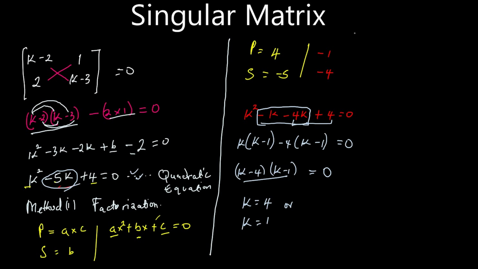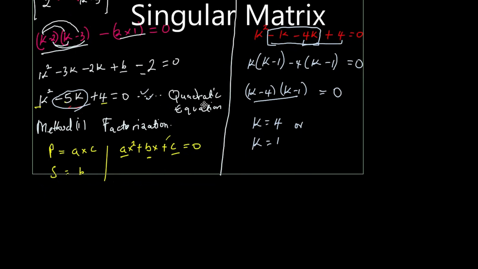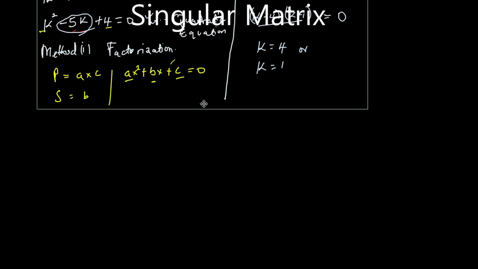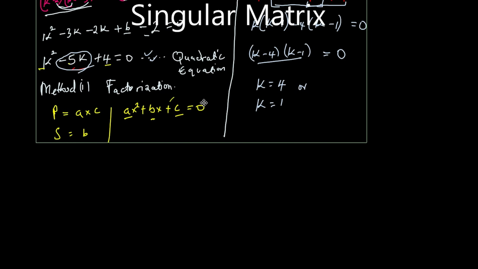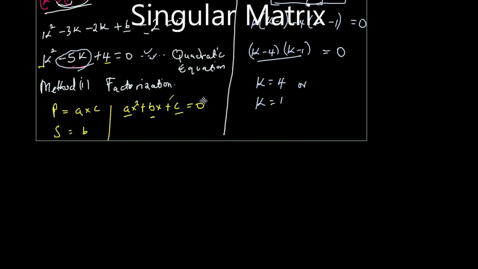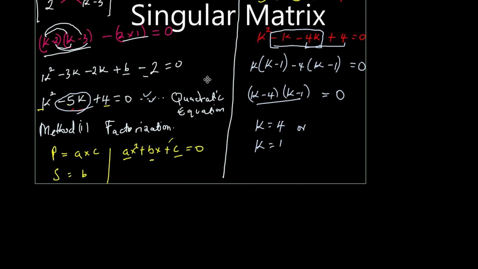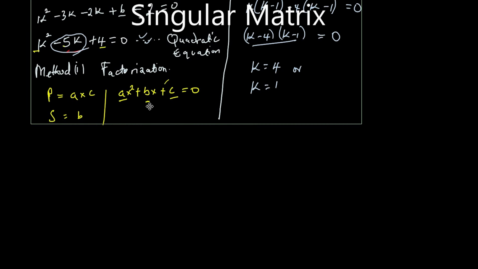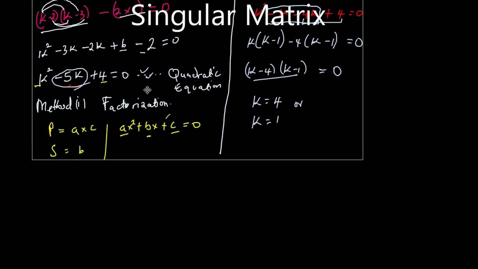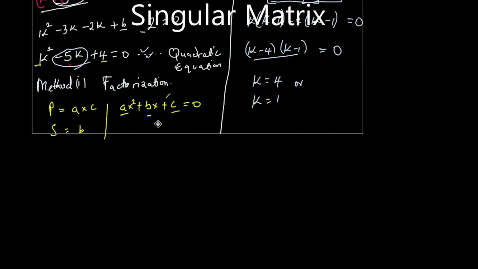So up to that point, we are done solving that equation, and we have already found the value of k. But let us also use the quadratic formula to solve, so that we can see if we get the same answer. So we want to use the second method, using the formula, and then we see if we get the same answer. So I'm going to rewrite the equation. We have k squared minus 5k plus 4 is equal to 0, and our formula